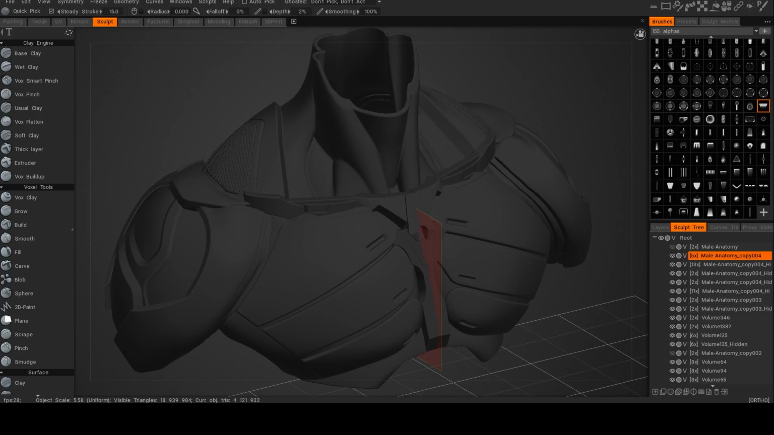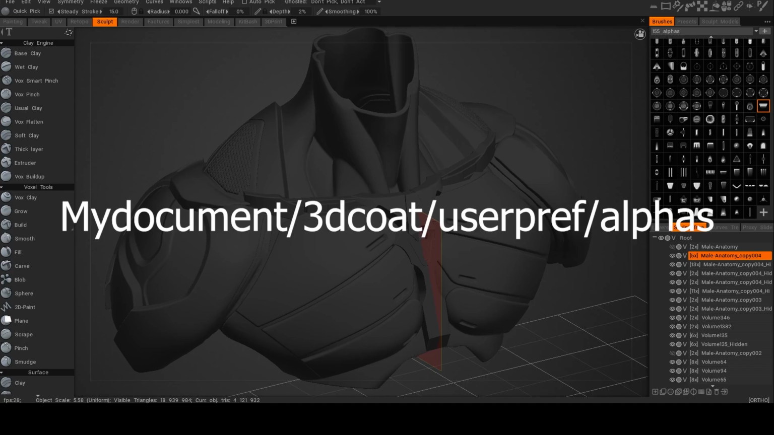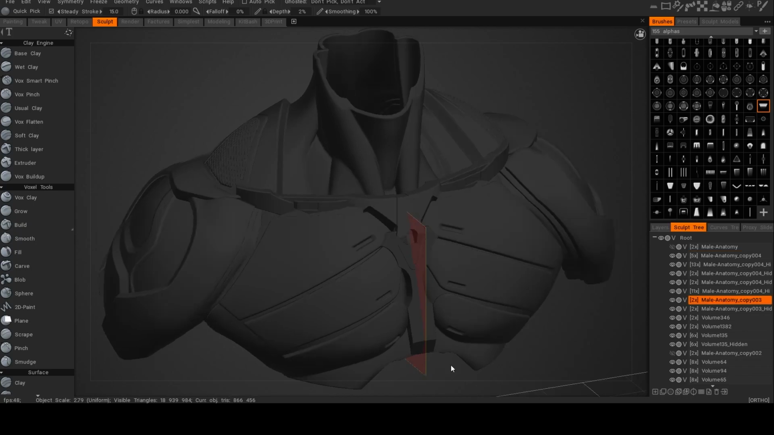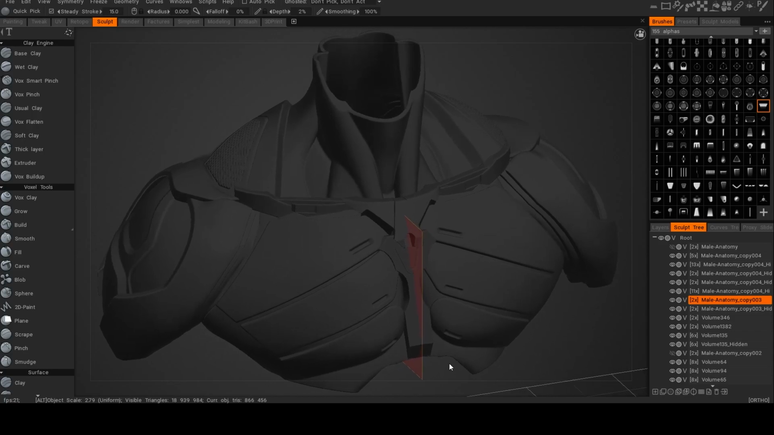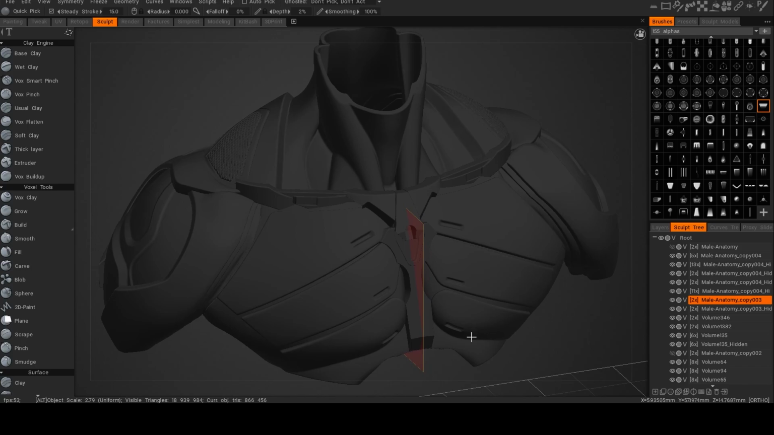Today I want to show you how to drag your alphas properly in 3D Coat, because many people ask me, Daniel, how can I drag my alphas like zeros? And yeah, today is the day. Let's do this. The first step is to install the main folder containing your alphas in the iteration folder